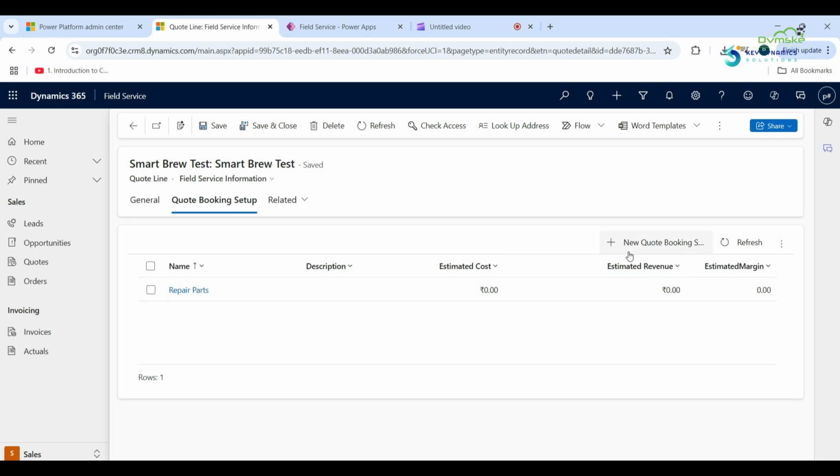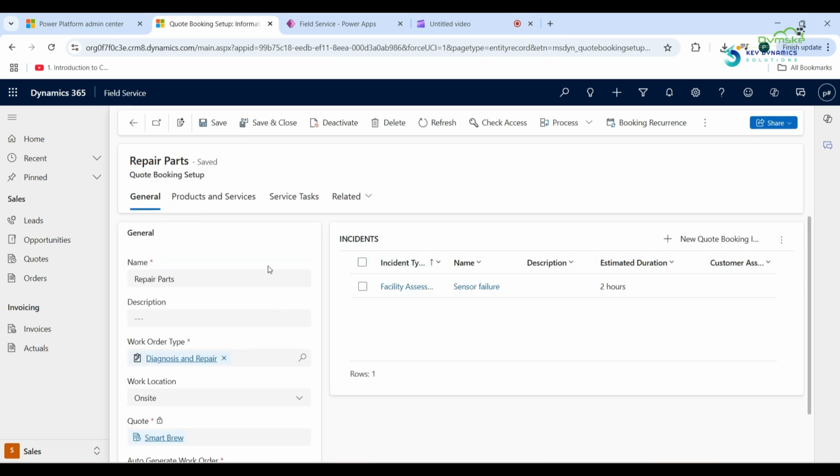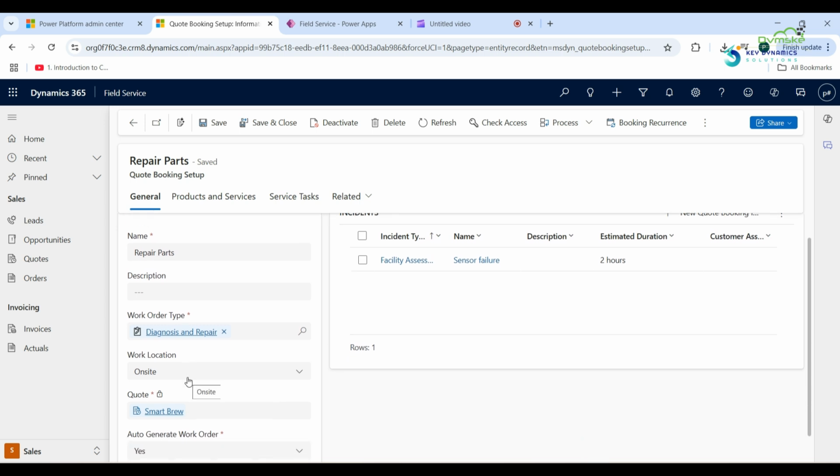Normally this would be empty and you can just click on this to add a new quote booking setup. Now click on that and then click on edit from here. Then this form will load, so I can put in the name of it and the work order type. You can notice that I have this field on the form twice. I want to take that off, but what it means is that once this particular quote goes into an order, which will then also create the actual agreement,